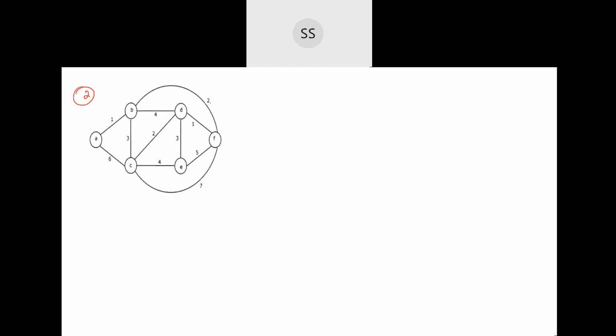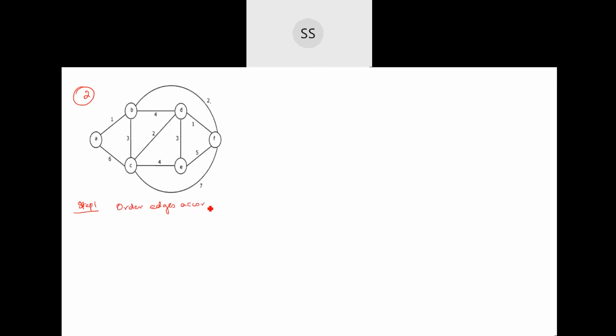Okay. So again, what do I do? Again, the question is the same. Using Kruskal's algorithm, you have to find the minimum spanning tree. So first step, what do you do? Your first step is, you order your edges